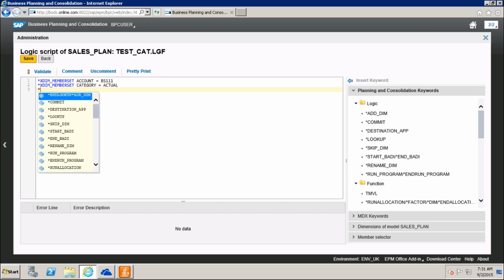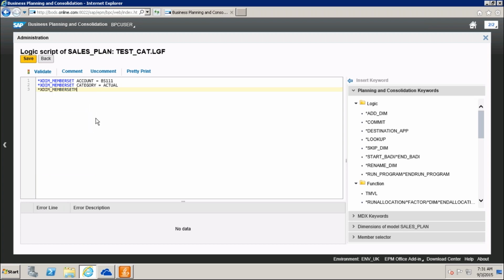Star xdim underscore member set, time is equal to 2018.02. This is my body.